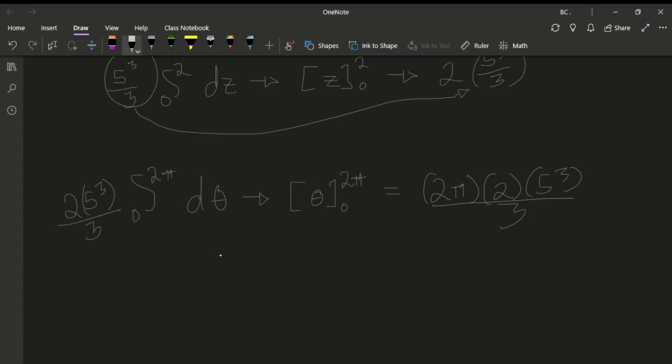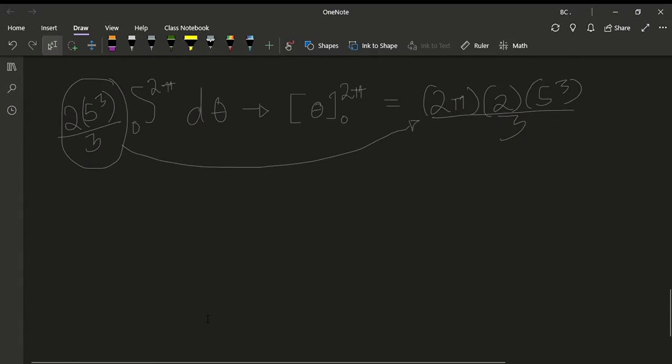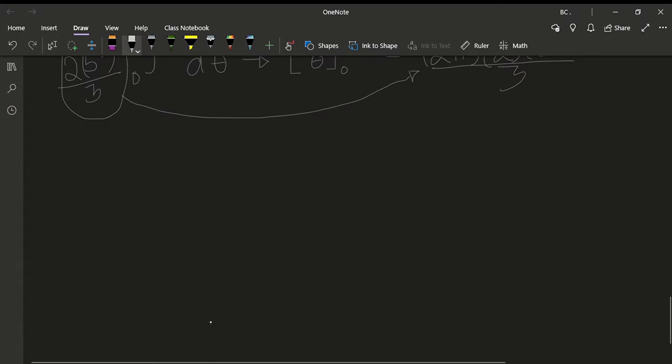cubed over 3. If you want to solve that, then you're absolutely allowed, but I usually just leave it unsolved because instructors aren't really going to mark down. In my experience, they don't mark down for you having super complex and unsimplified integers. They just want to, if anything, that actually helps them see where you may have created any errors in your integration. So with this as our final answer, we can actually write out the full thing, which is that